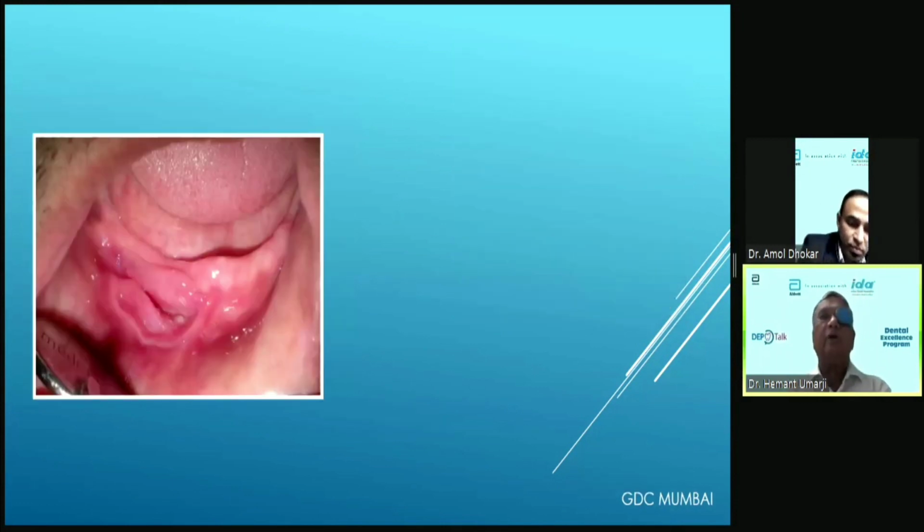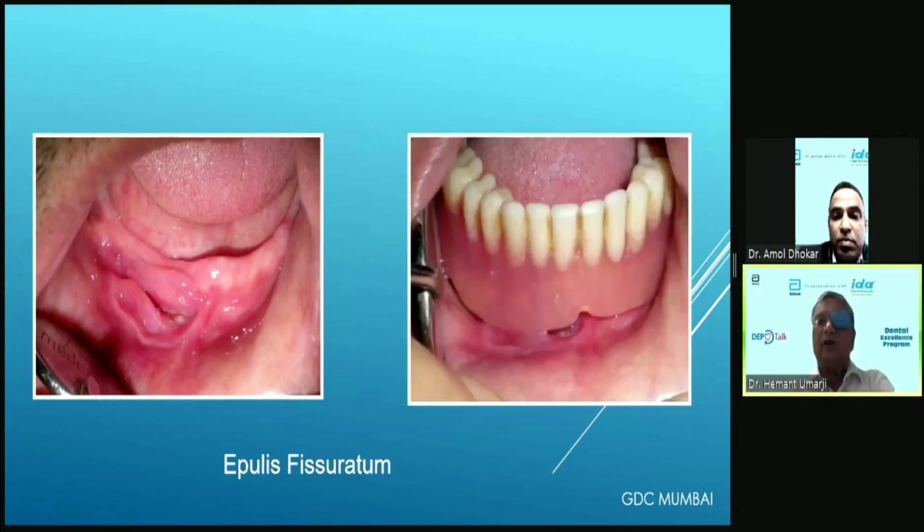So anyway, now for the students, if they are attending, what could this be? This looks like a suspicious lesion. So what is the first question you ask this patient? He is edentulous. So you ask the patient whether he is wearing a denture and whether the denture has become loose. If the patient is wearing a denture and it has become loose, and the margin of that denture is going into that depression, that is called epulis fissuratum or denture granuloma.